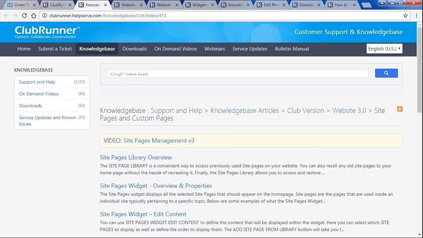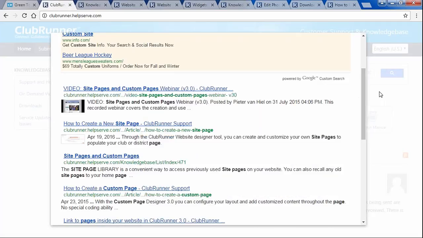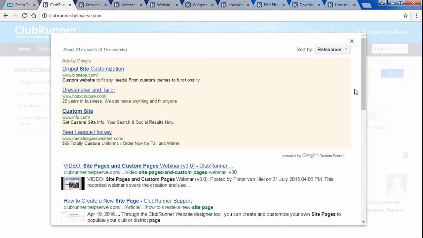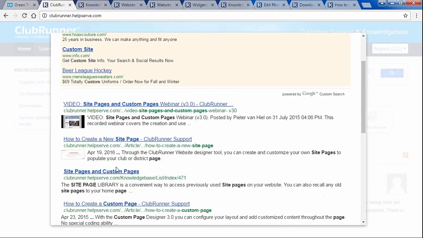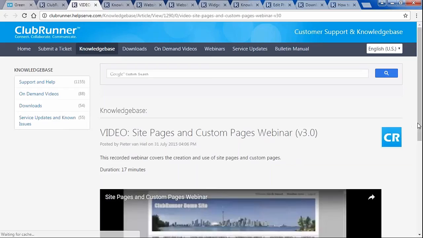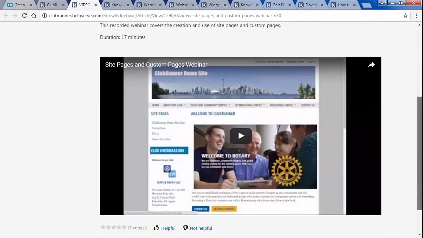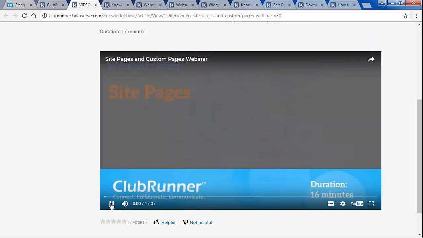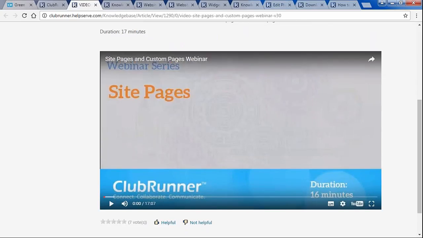So that's how I found it. I'm going to go back here. I'm just going to click off, and the way that I found it is site pages and custom pages, and I'll hit enter this time, and I'm going to scroll down to the third link, and that's what I want, the actual ClubRunner section on site pages and custom pages. Of course, if I wanted the video, I could click there and I could actually see the video right inside the knowledge base. The nice thing about this is I can click play and it'll actually play the video, and I can watch everything,